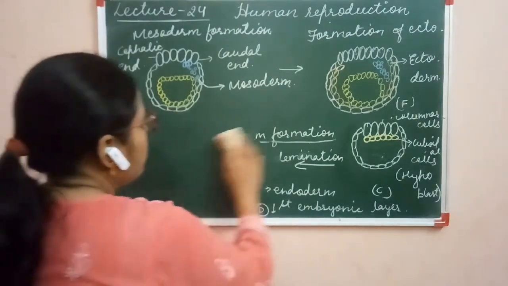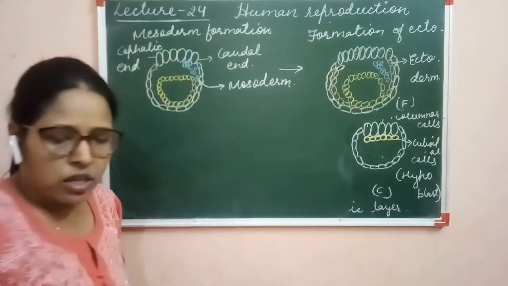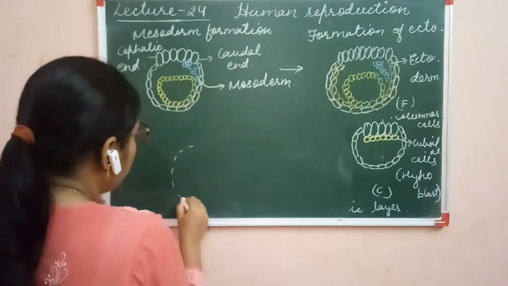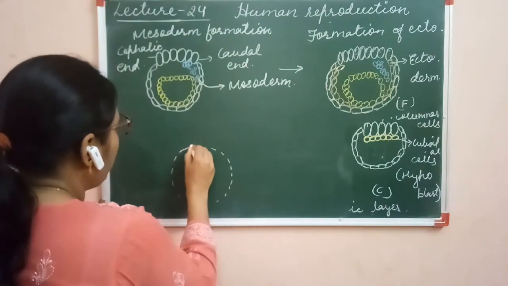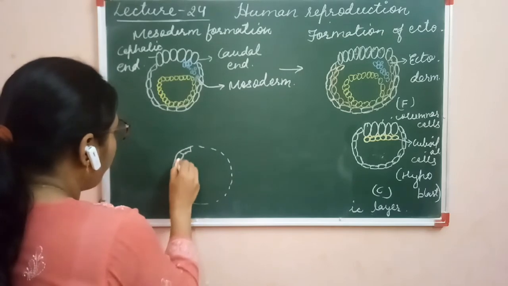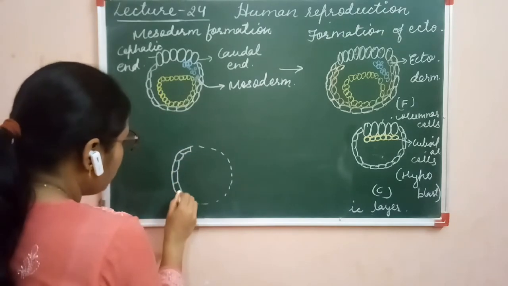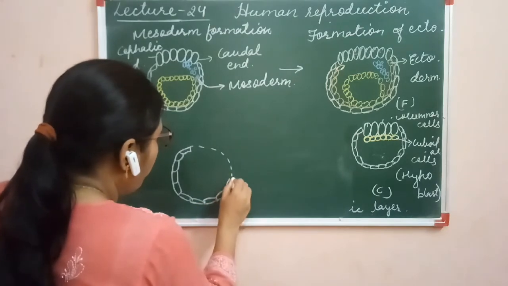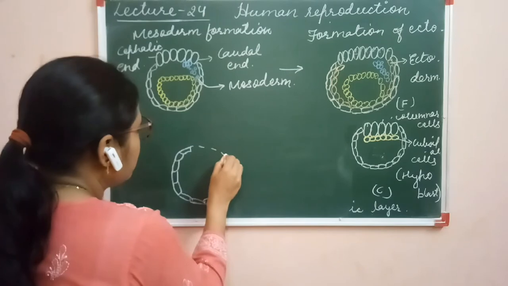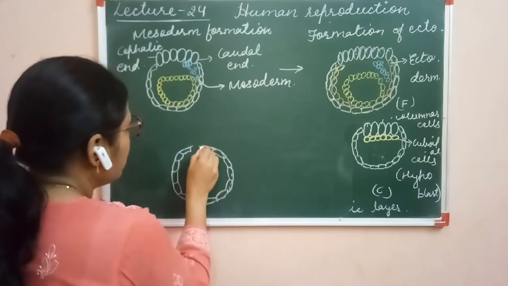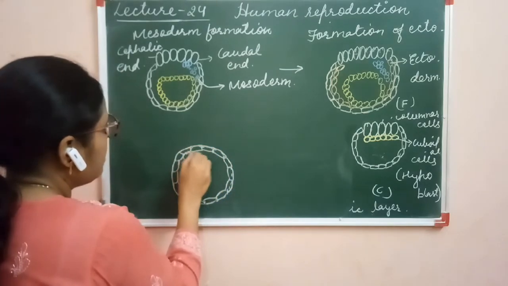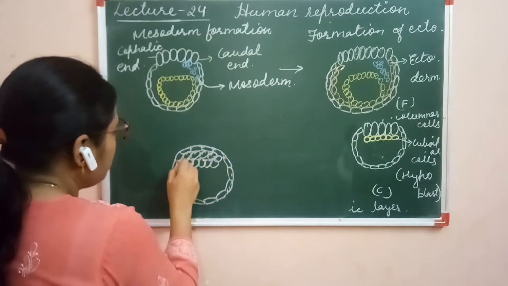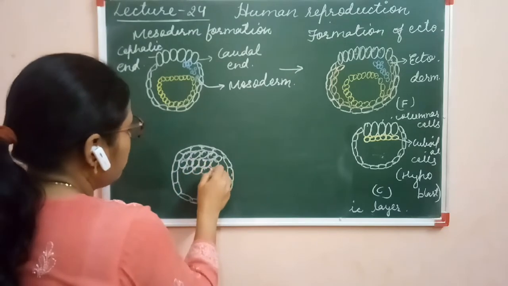Here I am drawing the structure of the amniotic cavity. I am drawing the structure of the blastula. First, just one structure, this is the structure of the blastula. Here is the layer of trophoblast. This is the trophoblast, the flat cells, and inside the trophoblast the embryonal axis is there. Clear? This is the embryonal axis. This is the structure of the blastula.